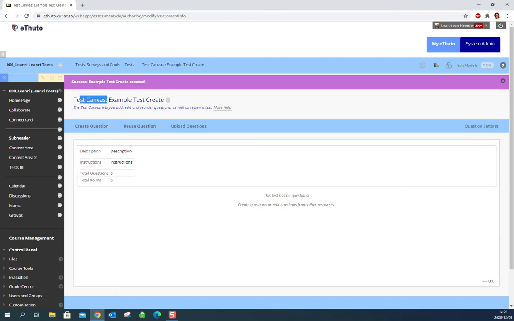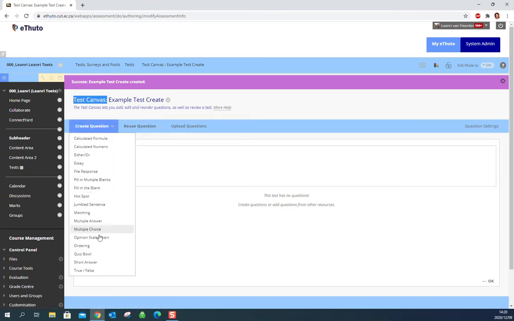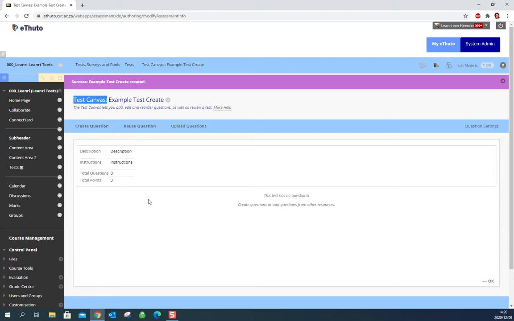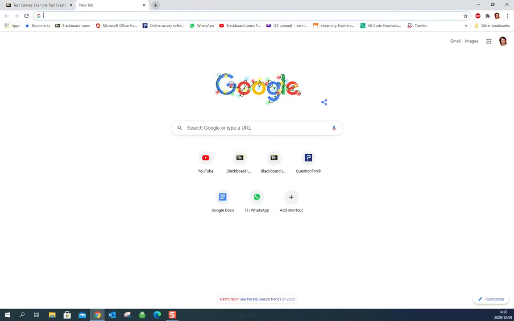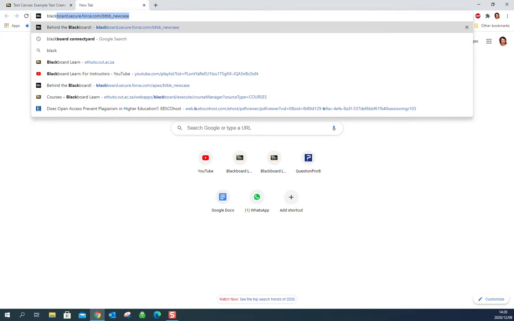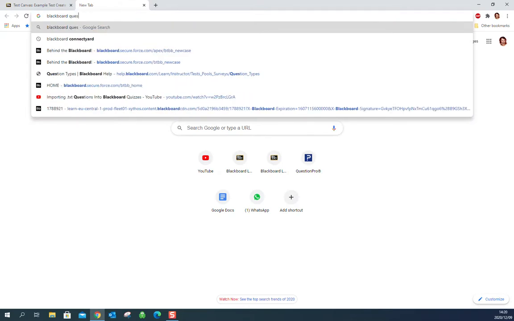So the test canvas is where all the questions are. So there's a couple of question types that you can have. You can go and play around with these and see what you like. If you're interested in the different question types, the best way to do this is just to go to your browser and search Blackboard question types,